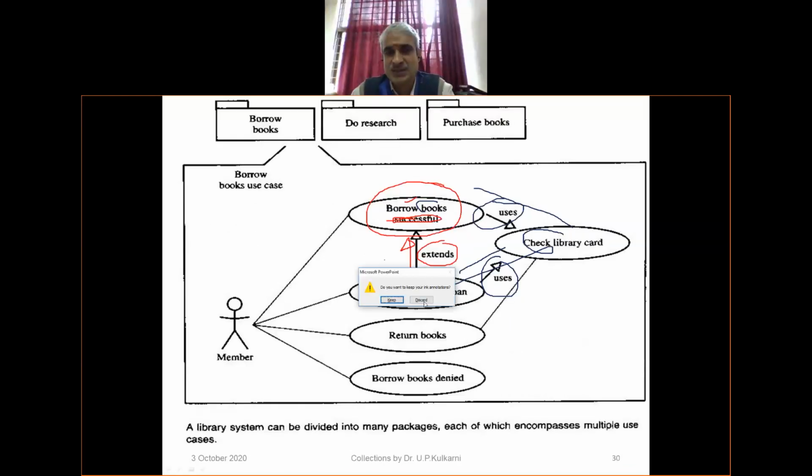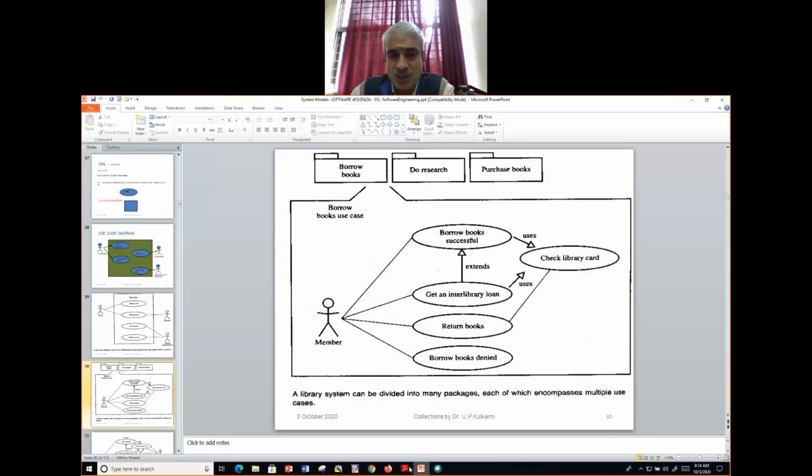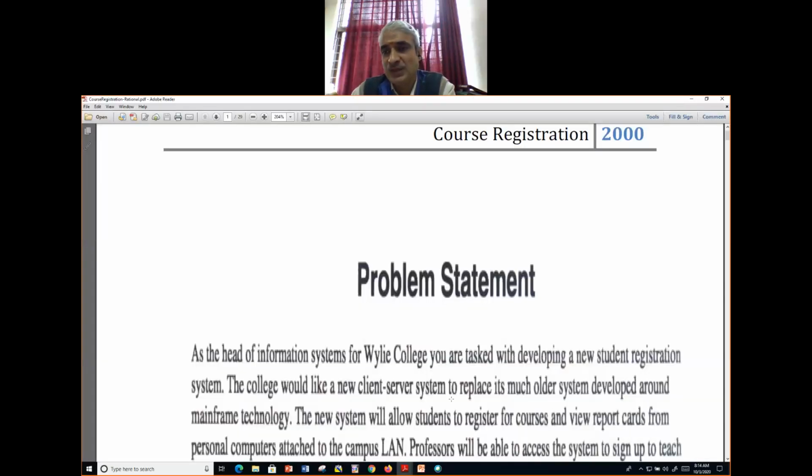I'll discard this marking. I will get into one scenario. A scenario like this will be given to you in the examination, a page of scenario, and you have to identify actor and use case.